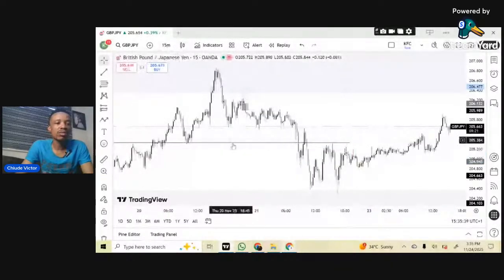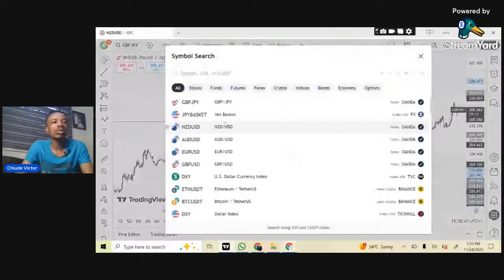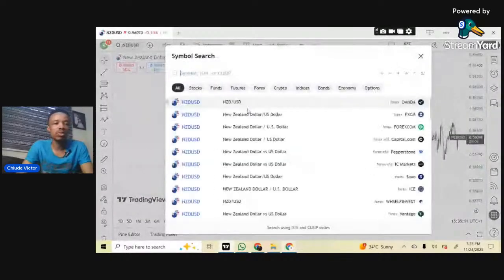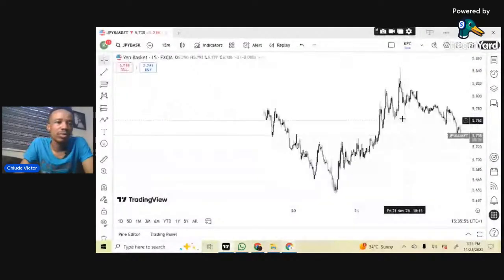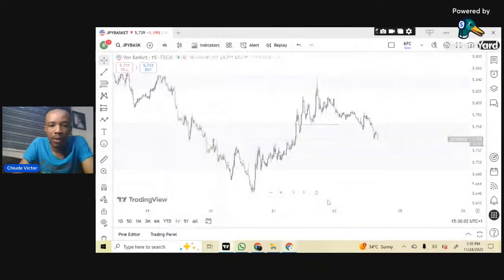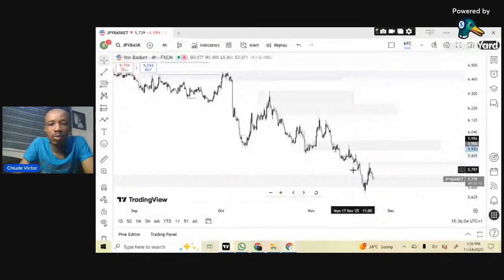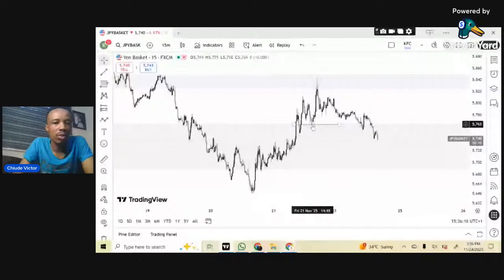I was looking for bullish entries on GBP JPY. Why? Let me show you. The JPY was on a bearish move. Why is it on a bearish move? Because the most recent break of structure is bearish. You can see, it's done its bullish pullback and is now on a bearish move. So all I wanted was for the dollar index to take out this very key low, and I know it's time.